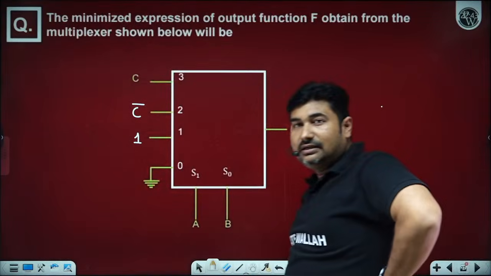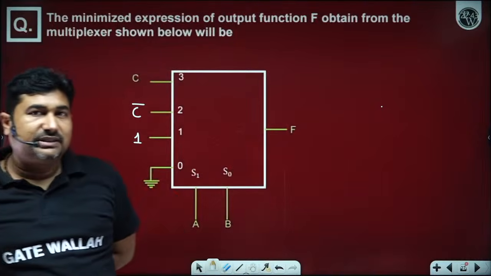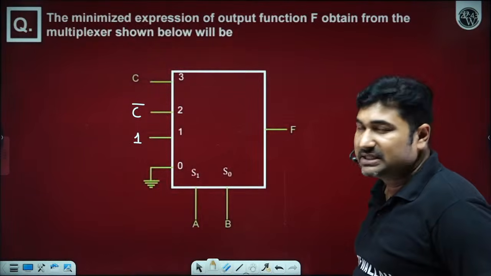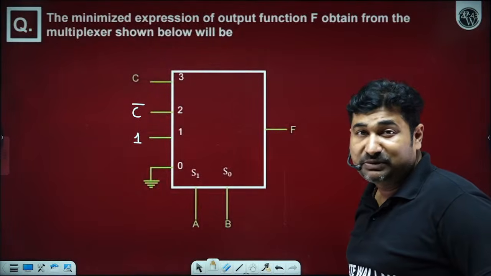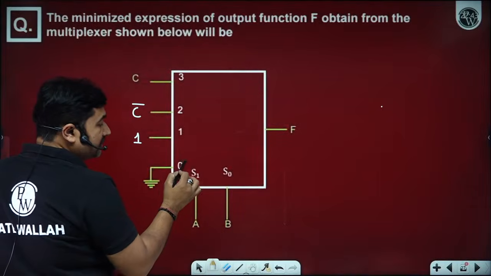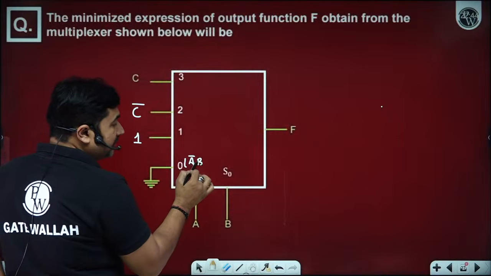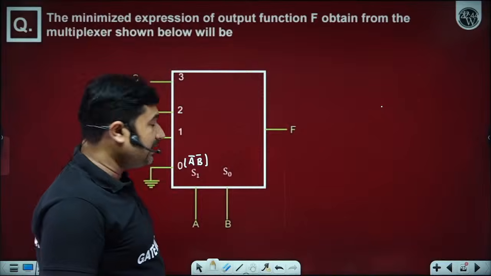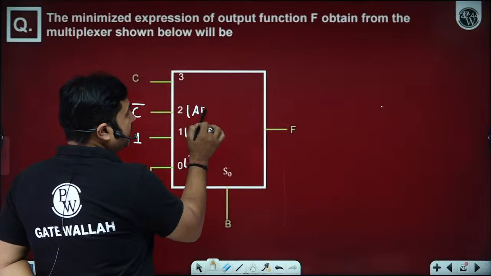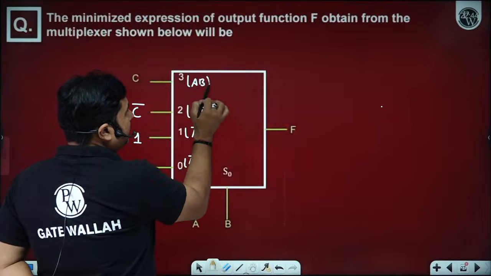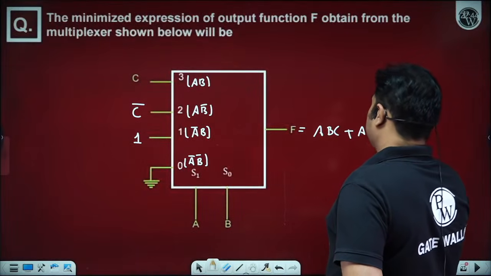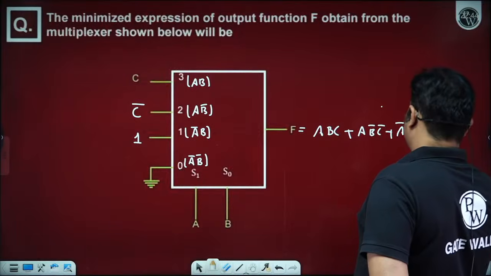Sir, is this a standard representation or some different one? Sir, it is not a standard representation, because in a standard representation it is top to bottom LSB to MSB. Here it is bottom to top LSB to MSB. So definitely it is not a standard one. So how to write f? First of all, observe this 0, it means the I0 pin. On the I0 pin, we get 0, 0. So in terms of AB, A bar B bar will come as a minterm. Here because of the select line, we are getting A bar B. Here because of the select line, A B bar. Here because of the select line, A B. So this will be multiplied with C. So we get F = ABC + AB'C' + A'B + 0.